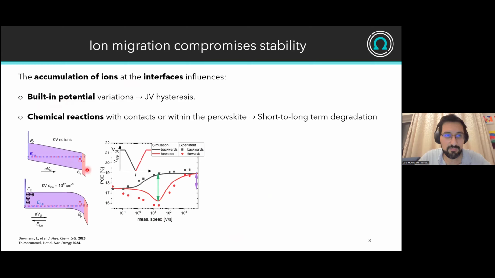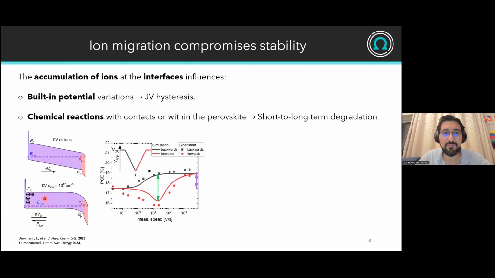So for example, here you have the Venn diagram, and you see without any ions, right? So you have the conduction band, and then you see this nice slope, which is basically related to the built-in potential, right? So the ability to extract charges out of the semiconductor. But when you have a high ion density, these ions will accumulate at this interface, and then you see basically that the nice slope that you have here in your conduction or your valence bands disappears, becomes flat. And that means that you are reducing the built-in potential, or screening the